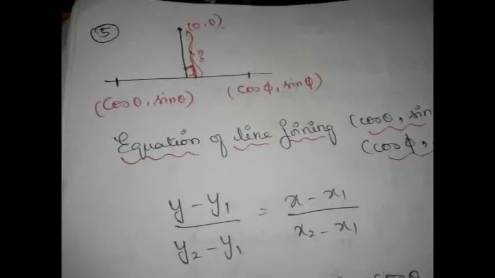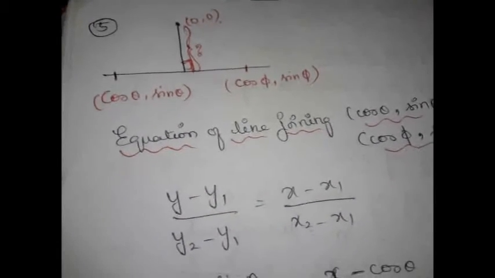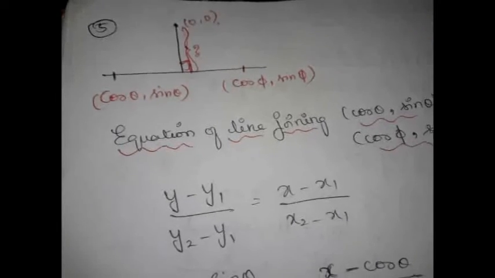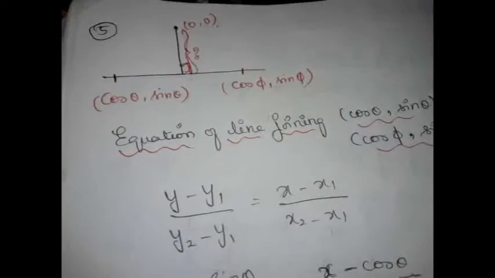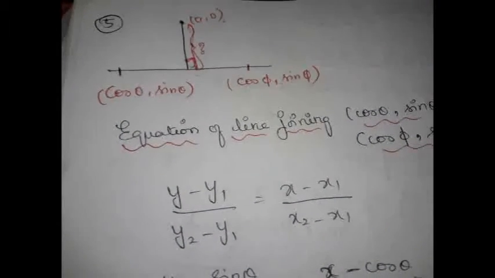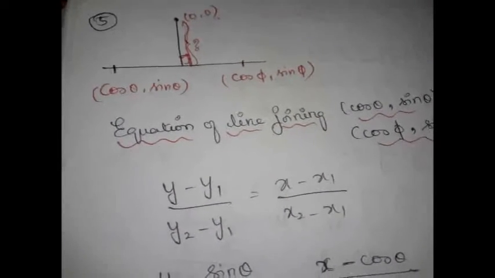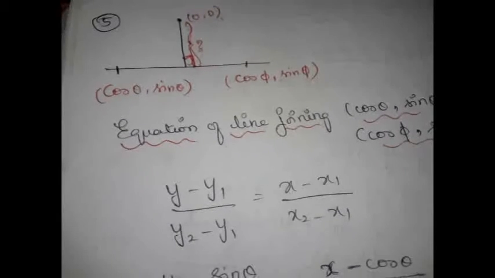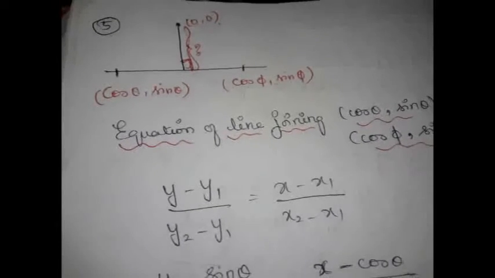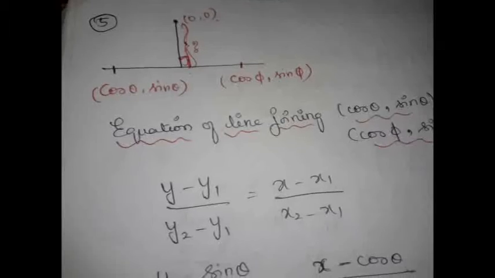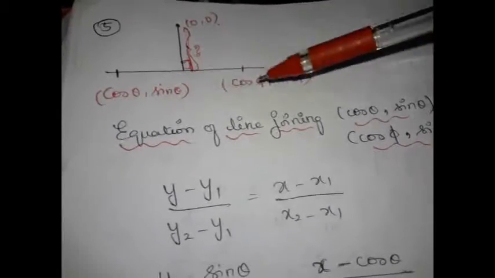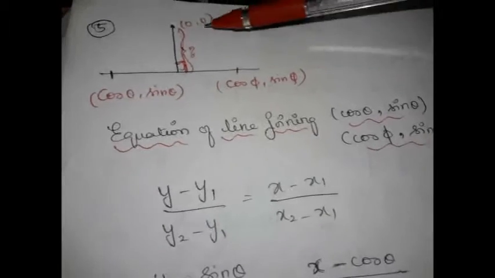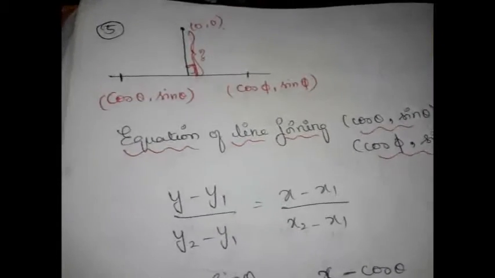This is an easy problem as we did earlier, but the simplification or the calculations may look a little complicated since it involves trigonometric ratios. They are not numerical points. If they were numerical points, the calculation would become easier, but here it involves trigonometric values. So you have to be a little bit careful while solving your problem. Otherwise the procedure is the same. First we have to obtain the equation of the line, then with one point and the equation, we can apply the D formula to get the length.